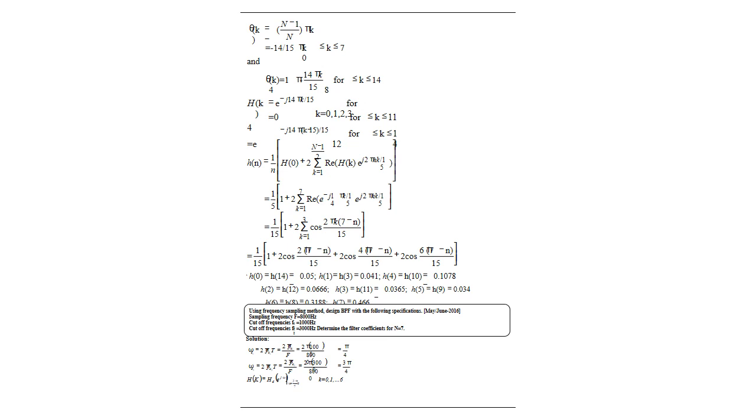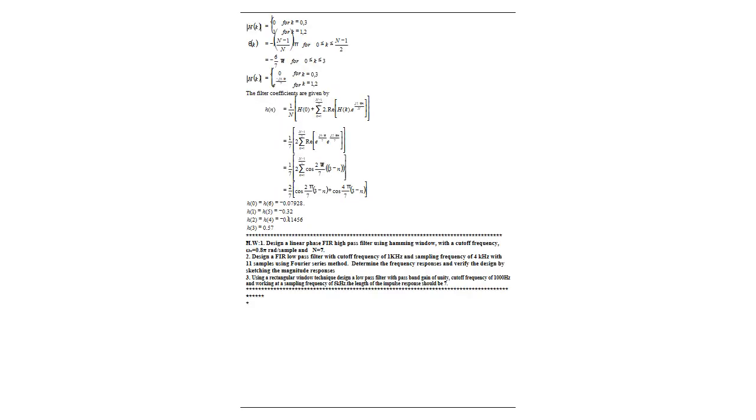So omega c1 is equal to 2 pi fc1 T, that is equal to 2 pi fc1 by f. So when we are substituting, we will get the answer as pi by 4, cancelling it. Next omega c2 is equal to 2 pi fc2 T, that is 2 pi fc2 by f. So that is 3 pi by 4 we have given. So that is h of k is equal to hd of e power j omega, omega is equal to 2 pi k by 7. So k is equal to 0, 1, 2, 3 etc. up to 6 values.